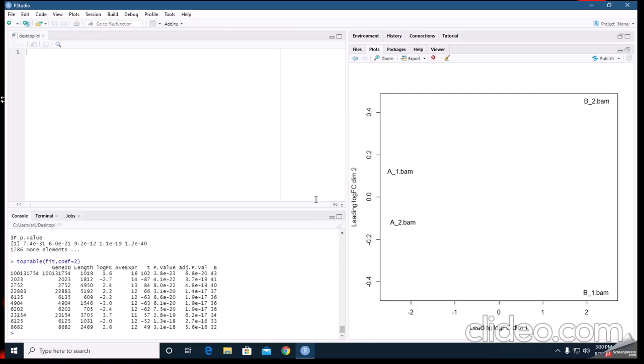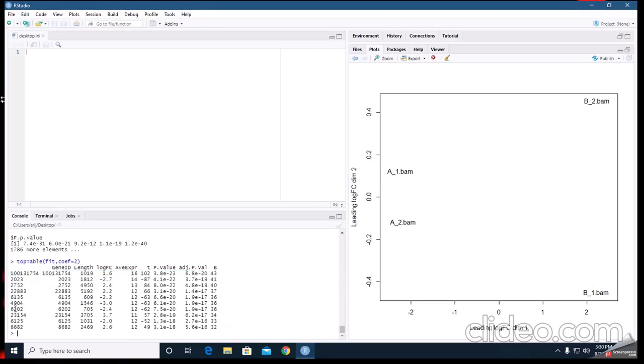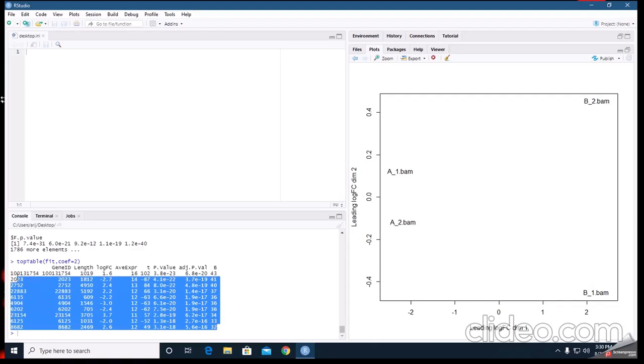See this. Here we list the top 10 differentially expressed genes between A versus B. These are two different samples, two different conditions. So this is a list of the top 10 genes which express differentially in these four samples and two conditions.